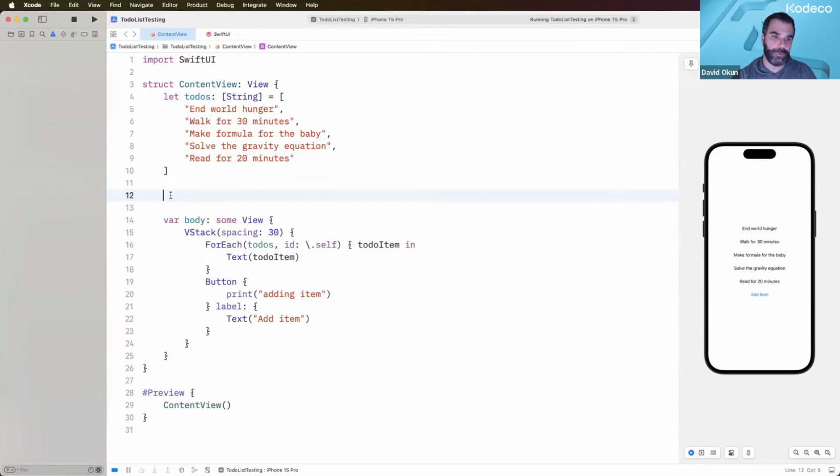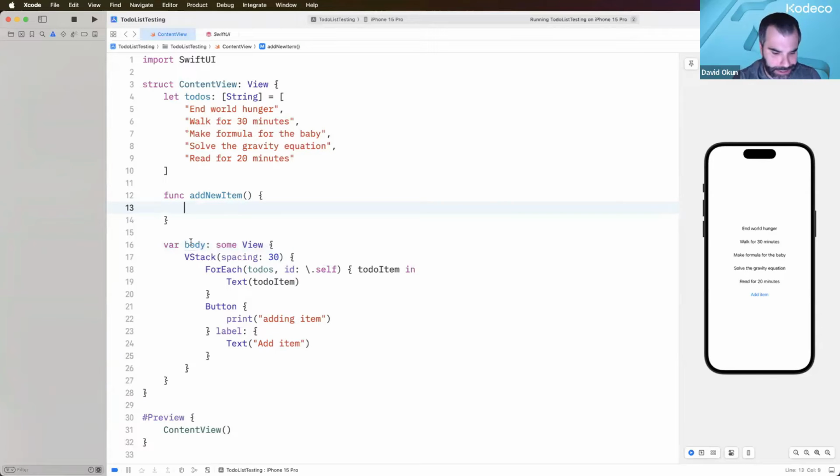Go to the end of your array and hit enter a couple of times so you have a little bit of space between the end of your to-do list and the beginning of your body variable. And what you're going to want to type is this definition right here. You're going to type it just like this, and I'll explain it as I go. What you've got right here